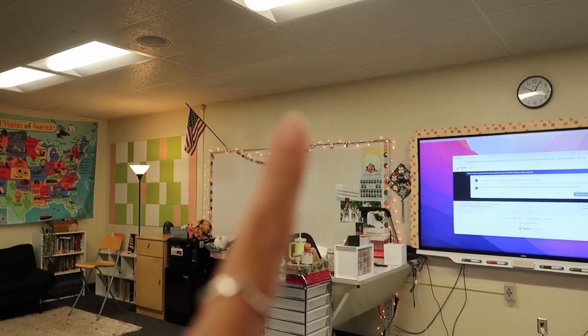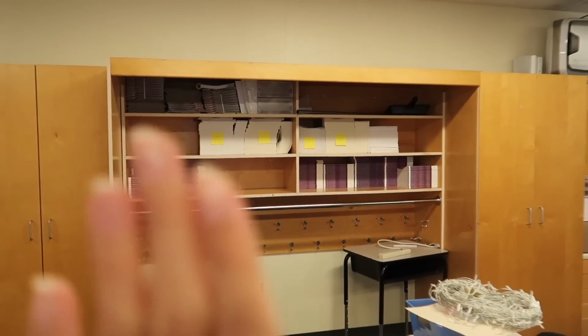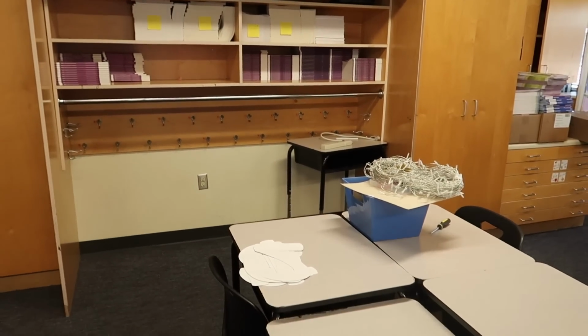Previously, I had my multiples up here and I found that students had to get up from their seats, and I feel like everyone has access to this section, especially where their seats are, so